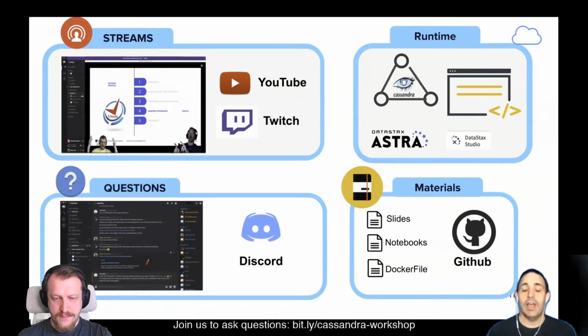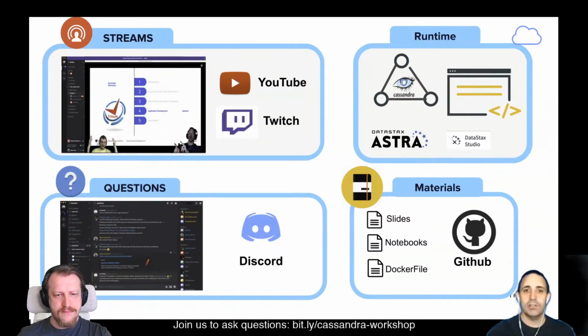I told you everything will be available on GitHub. We will share the URL in a minute. And all the exercises, everything will be done on DataStax Astra, Cassandra as a service in the cloud, and on the free tier. Everything will be free and you don't have to install anything. So there are 4 screens, 4 parts. So at a glance, it might be overwhelming.